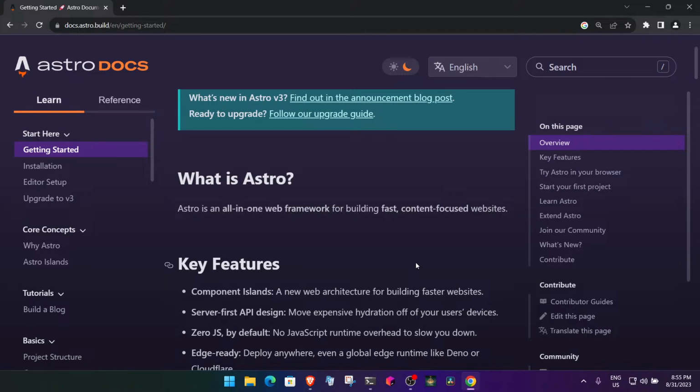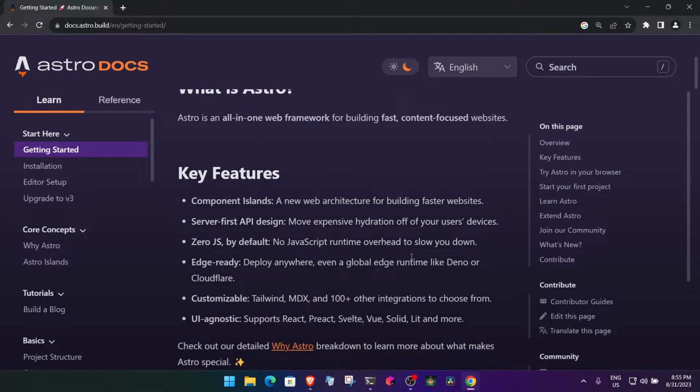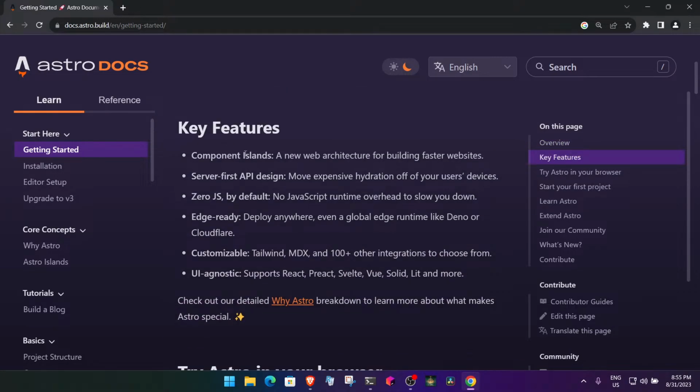Hmm. So what is Astro? Astro is an all-in-one web framework for building fast content focused websites. Component islands, a new web architecture for building faster websites. Okay,